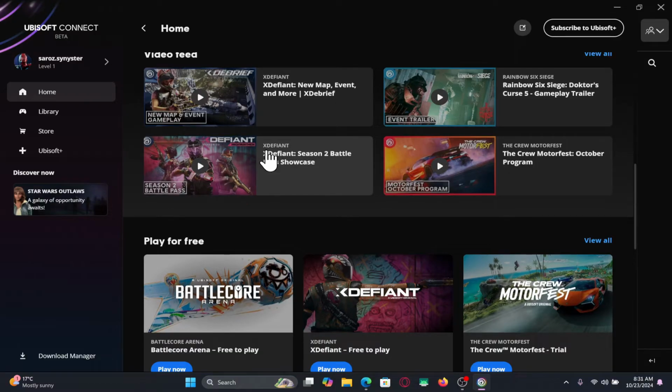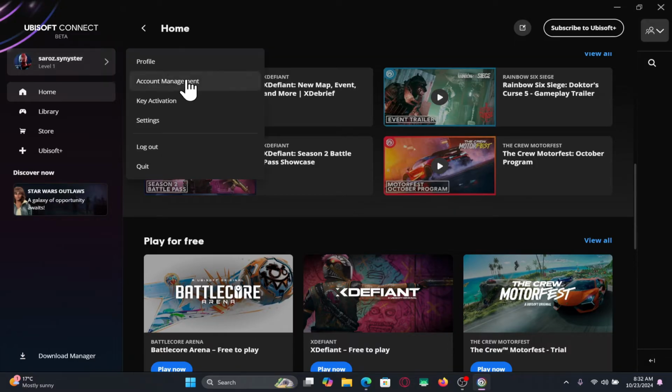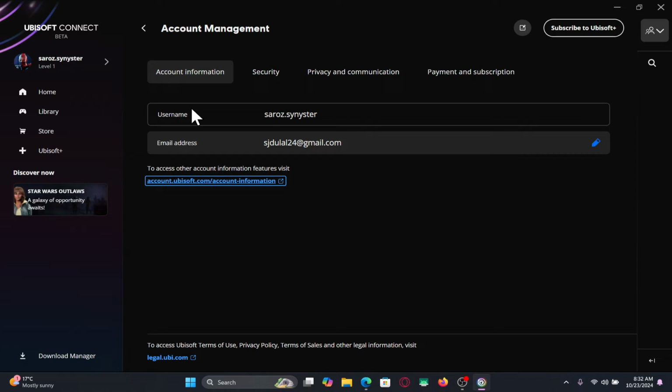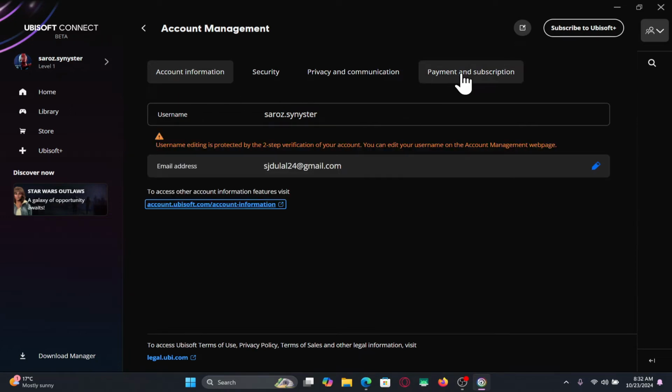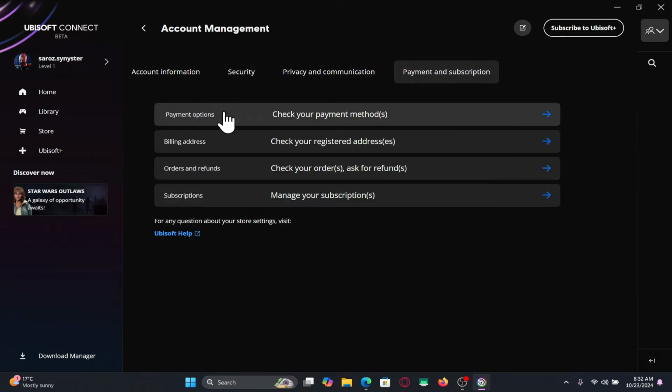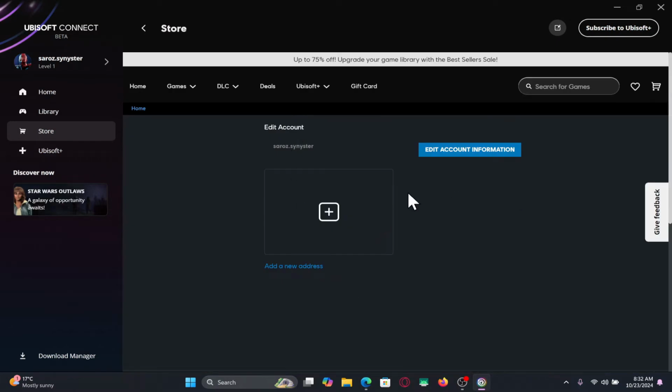And from here, if you wish to add a billing address to your account, just click on the right arrow key alongside your username at the top left section. From here, click on Account Management, and then from this page, go ahead and click on Payment and Subscription. Now on this page, just click on Billing Address, and now you will be shown the addresses that you have